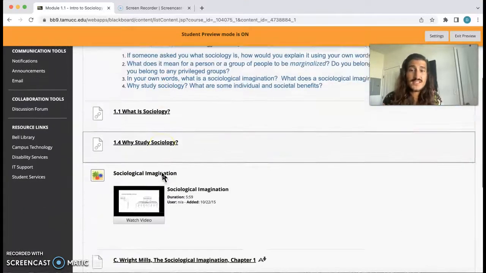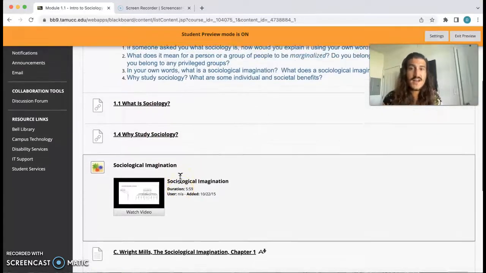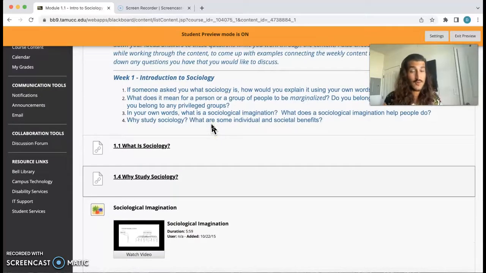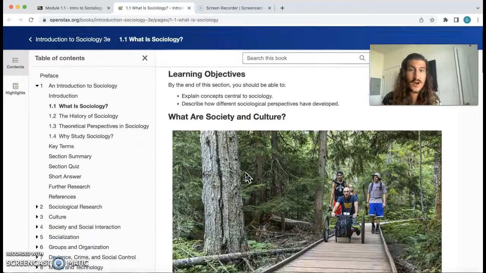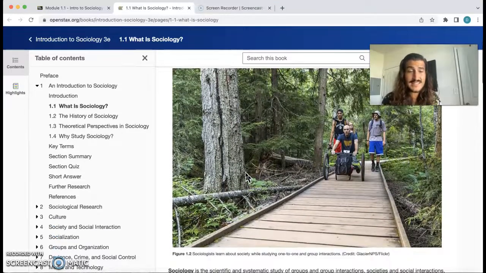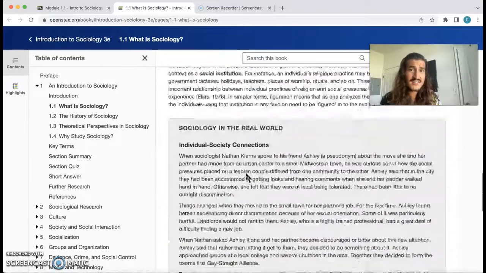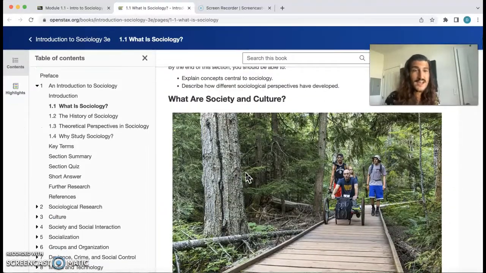Below the guided questions, you'll typically see links to 4 or 5 different readings or videos. These are all relatively brief, and again, I only assign things that I think are important. So for example, this What is Sociology takes you to a little web page here for an online textbook that is free of charge to us. And you can see this page isn't very long, a few paragraphs, maybe it'll only take 3 or 4 minutes to read through. So again, I'm not trying to overwhelm you with unnecessary readings or unnecessary videos. I'm only assigning things that I think are important.